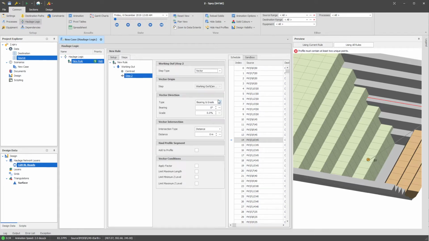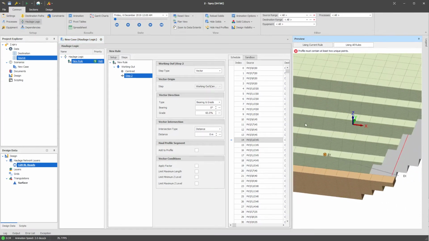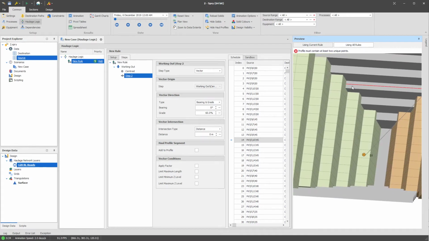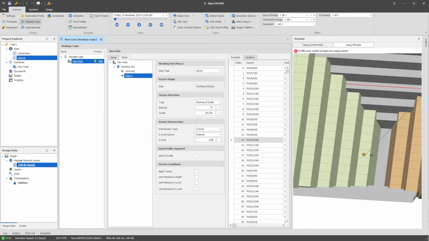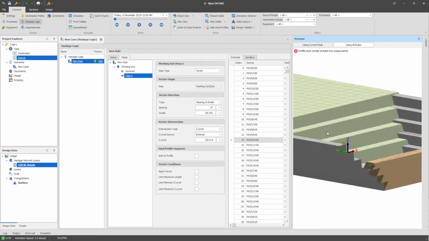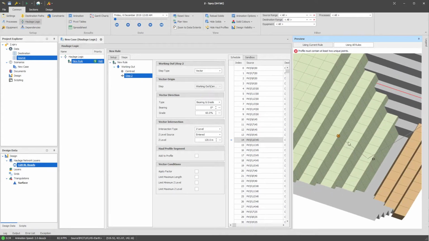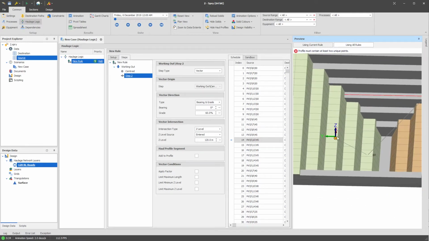and what we're going to do from here is add a vector that looks up the face, and it's going to be roughly whatever the dig angle's at. So we'll just go with, I think it's straight up at 0, and then we're going to measure the grade, and the grade is approximately, I'm not going to use perfect numbers here, let's just go with 60%. And what we're going to intersect with in this particular example is the RL of the road. So we're going to keep going up to the RL of the road, so the Z level of the road. And so what you'll see is this particular vector has now found its way up to this point,